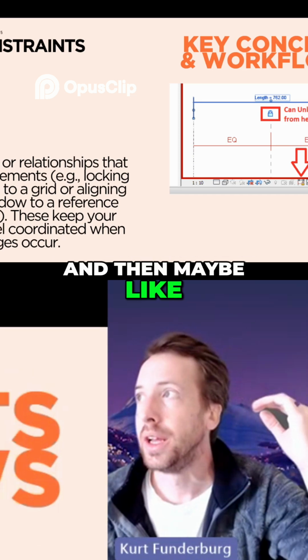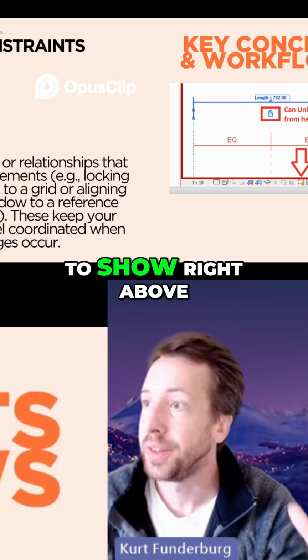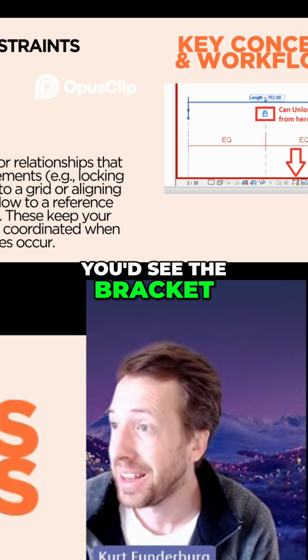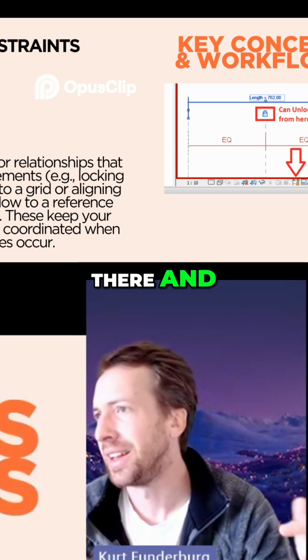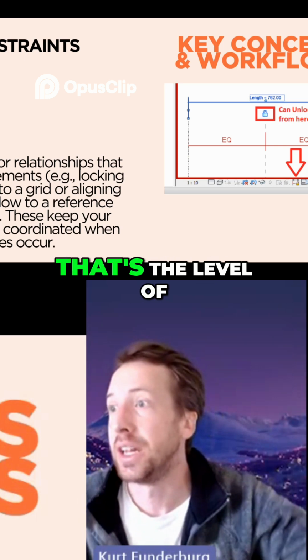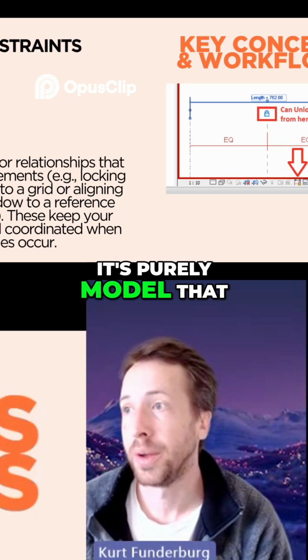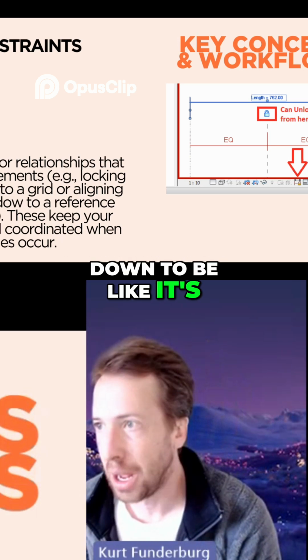and then maybe there are some bracketing details that we need to show right above the header of the window. You'd see the element, you'd see the bracket, but you're like, I need to see a bolt go through there and where the lag is and all that. So that's the level of detail that you go to with the detail view. It's purely model that we're showing